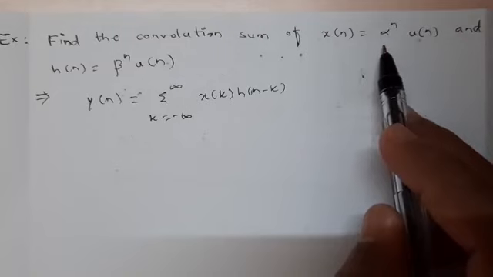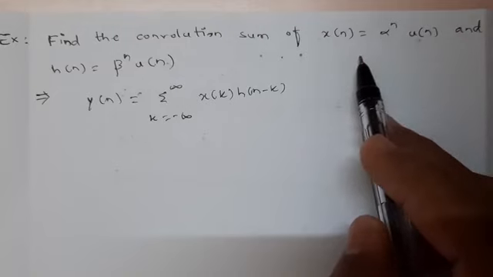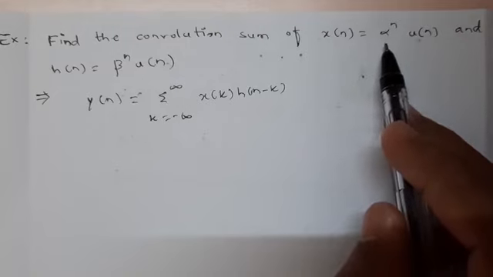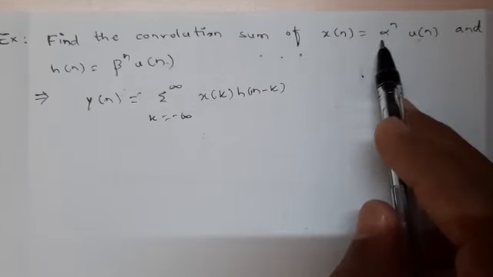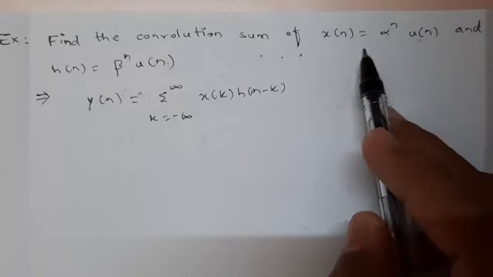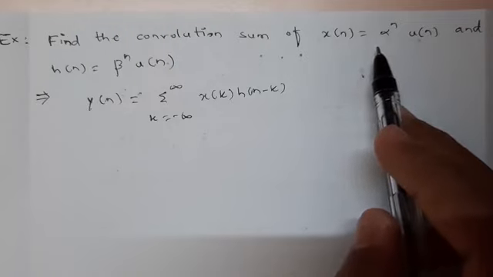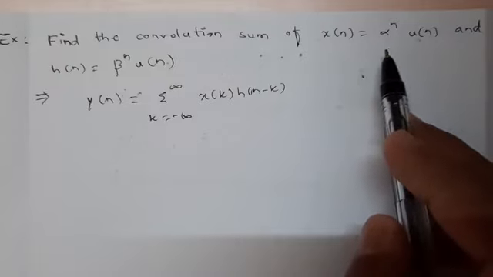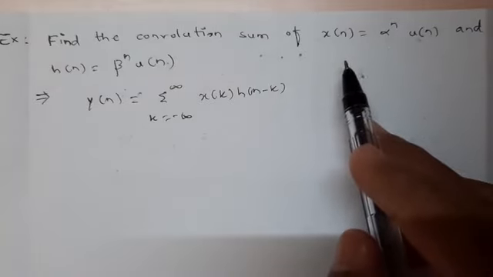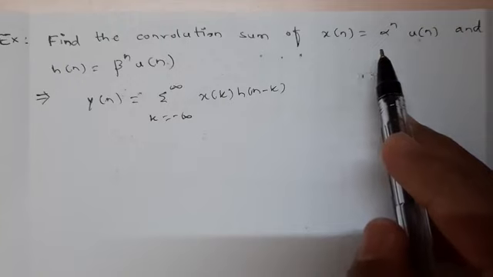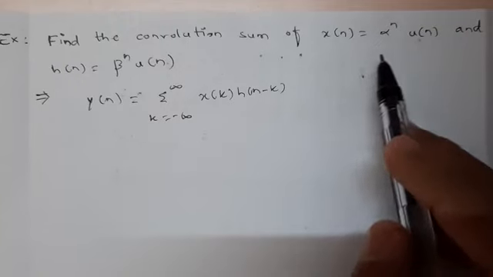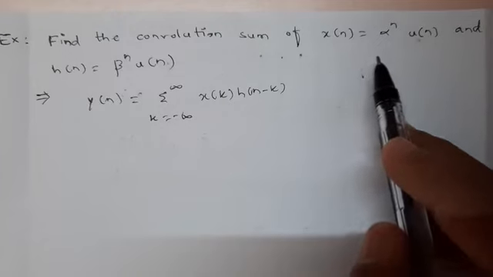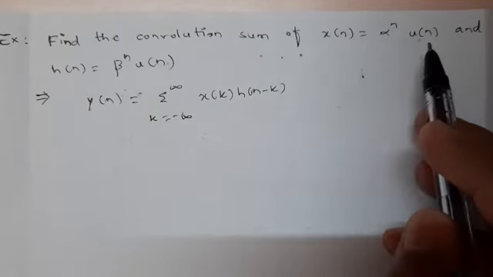If alpha is greater than 1, for example alpha is equal to 2, so 2 to the power n. At n equal to 0, 2 to the power 0, it is 1. At n equal to 1, it is 2 to the power 1, 2. At n equal to 2, 2 square, 4. So it becomes 1, 2, 4, 2 cube, 8, 2 to the power 4, 16, and so on. It goes on rising. The values go on increasing. So it is a rising exponential.